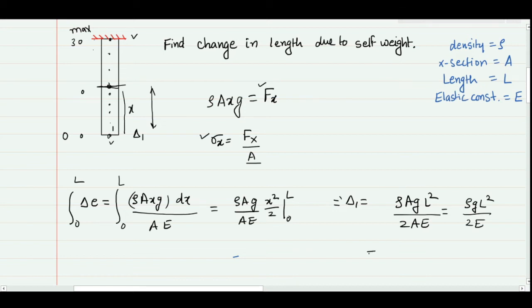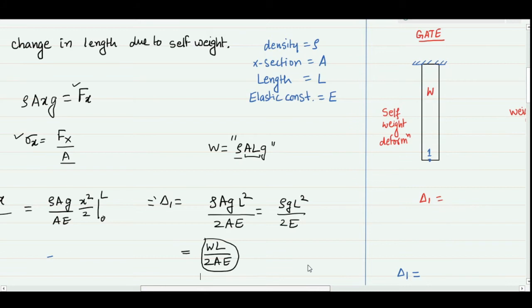We also have another formula where we incorporate the weight of the bar. If I decide that the weight is W, that will be what? Rho A and L, this is the volume and this is the density, and g, this will be the weight of my bar. So I can put W here and I will get a formula that is WL by 2AE. This is a more general formula generally asked in the exams, that if we want to find the deformation of the tip because of the self weight, that will be WL by 2AE.